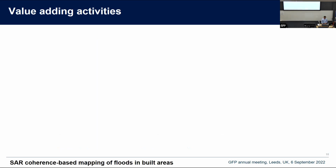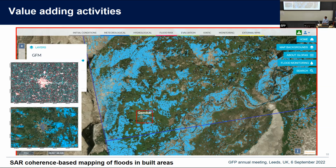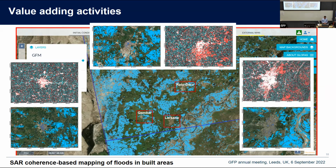Then I have another example of such a value-adding activity. So again, using as the input data set the water extent map produced for Pakistan last week, where we could see that many settlements were surrounded by water, but since all the urban areas were included in the exclusion layer, we didn't know exactly from this result what are now the settlements or the built areas that are affected by the flood. So we selected different areas spread across the floodplain, like the cities of Pamba, Patodero, and the third one, which is Darkana, where we then use again this more advanced analysis of the Single Look Complex images from Sentinel-1 that are currently not processed by default by GFM,